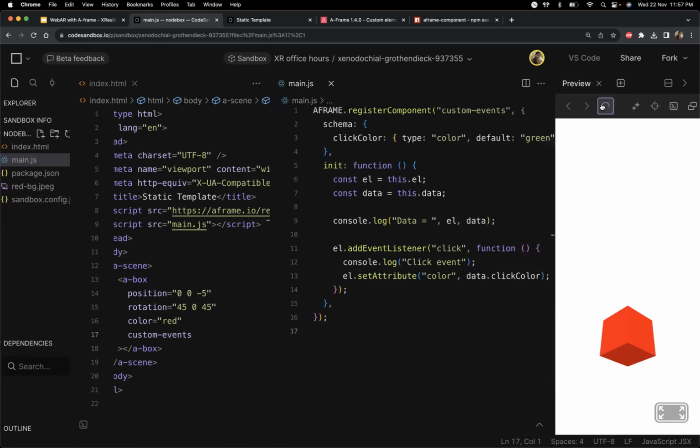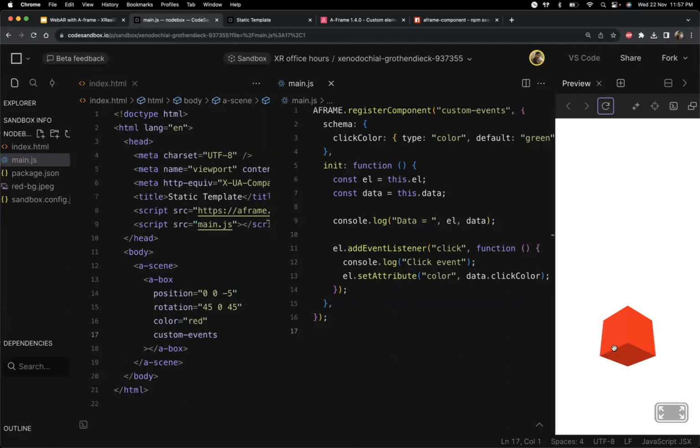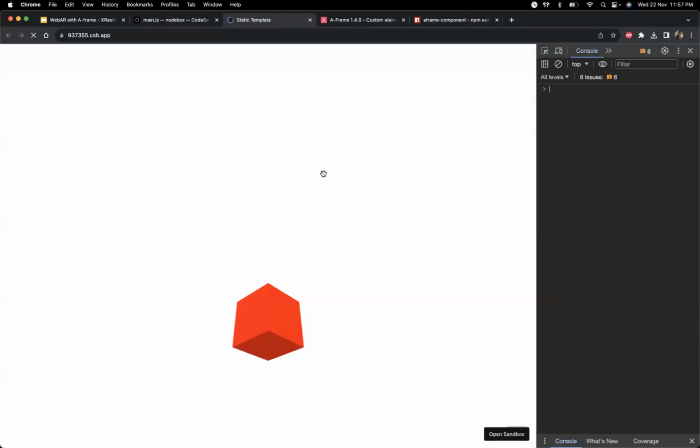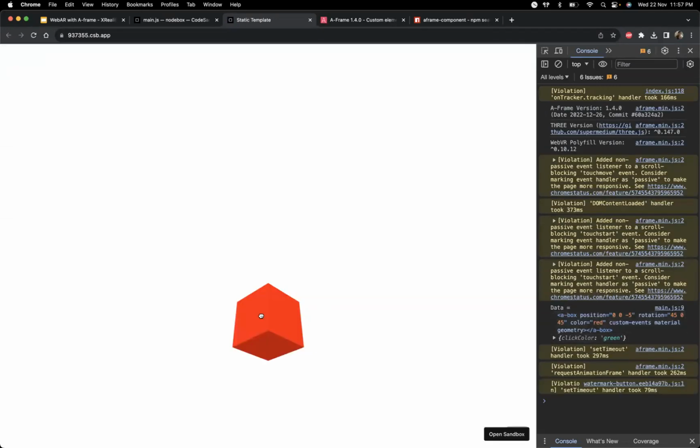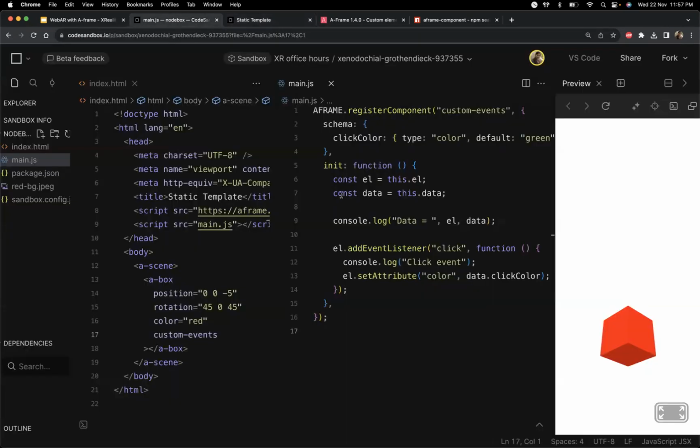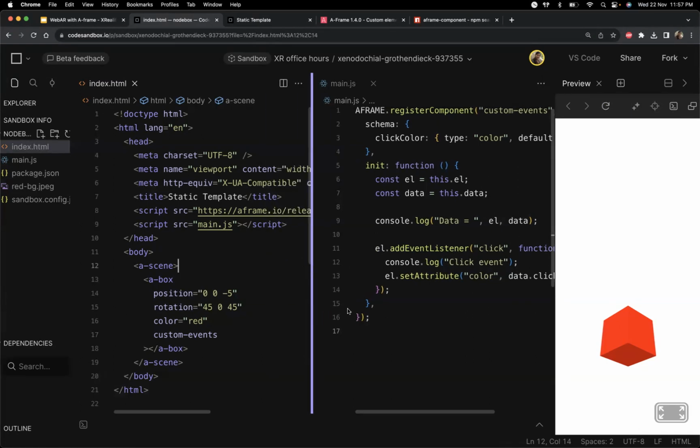Okay. Although we haven't set anything to happen after it is clicked, so it is going to remain that color. If you try it anywhere, it is not going to work. It will only show the data, but the click will not work. You can drag the screen and everything, but this will not actually work. And the reason for that is that when A-Frame is built, it is obviously built for VR, and VR